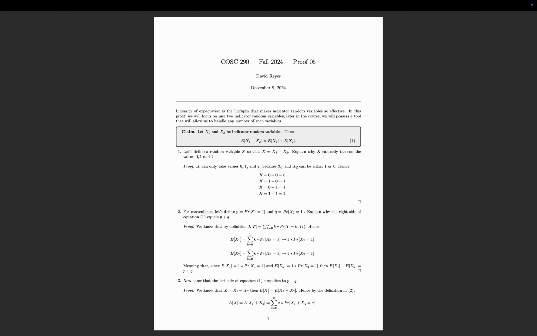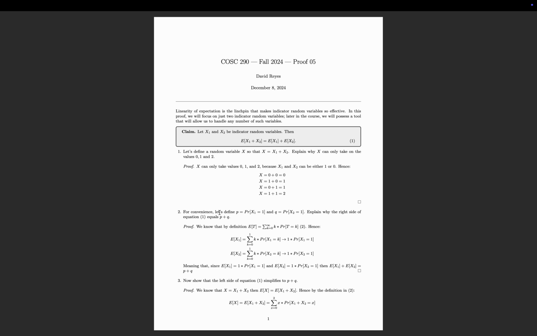And so on. If x1 is equal to 1 and x2 is equal to 0, x would be equal to 1 because the sum 1 plus 0 is 1. Therefore, x is equal to 1. And here you can see the next thing. After that,